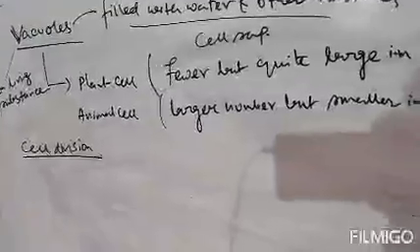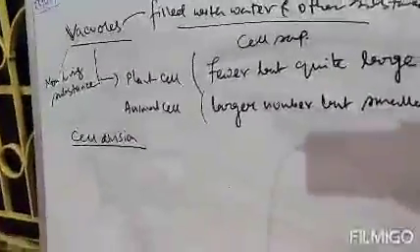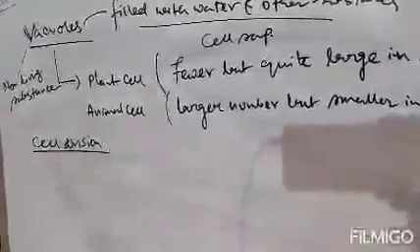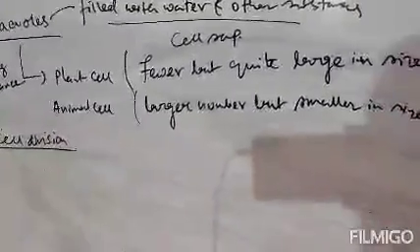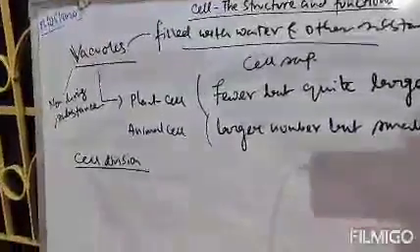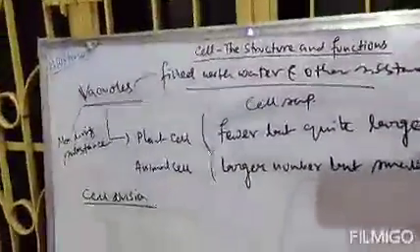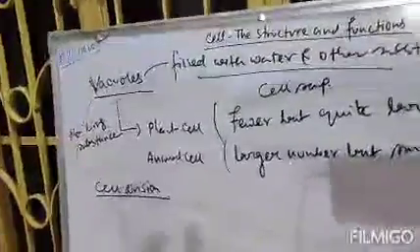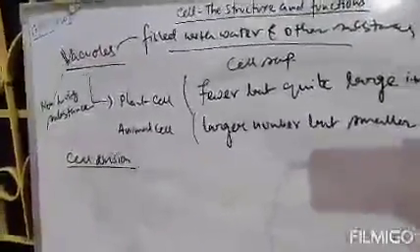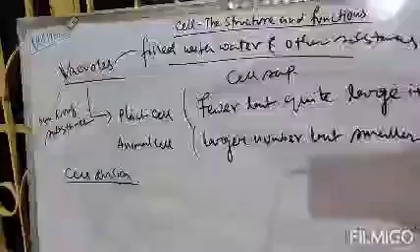So there is a need for new cells. Every cell has a definite lifespan. After the lifespan, the cell will die. So we need new cells, and there the cell division concept comes. The main concept of cell division is to produce new cells, because the cells will die after their lifespan, and we need new cells in place of them. So there comes cell division. Its main motto is to produce new cells. Clear? That's why the cell divides.